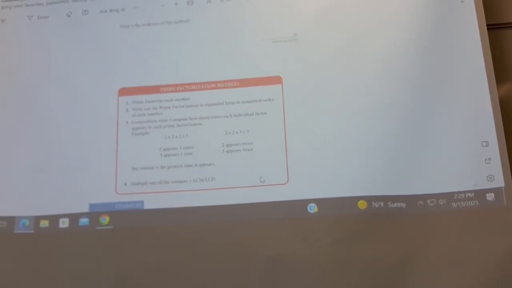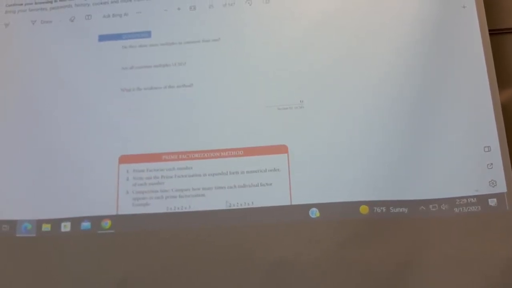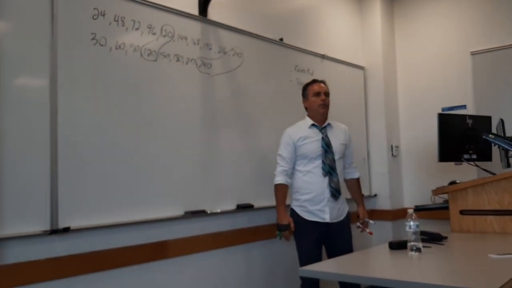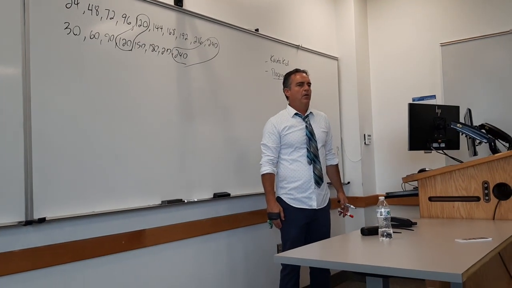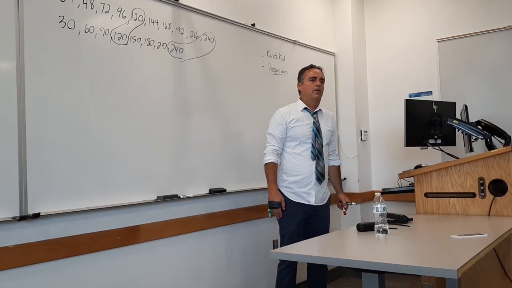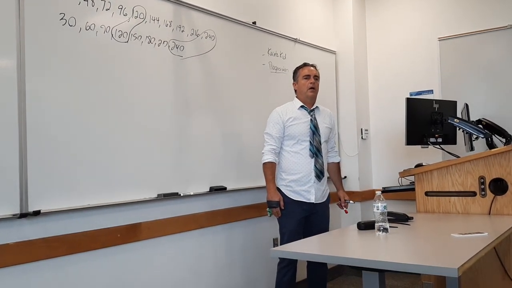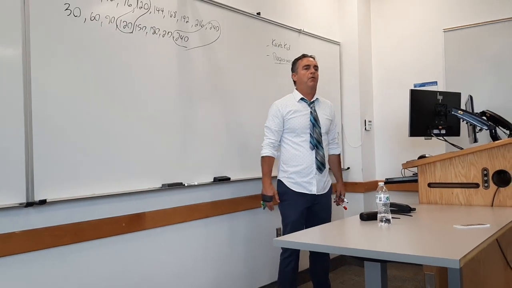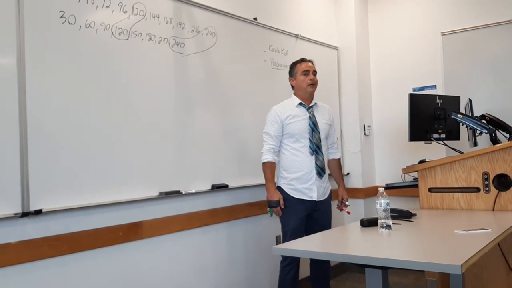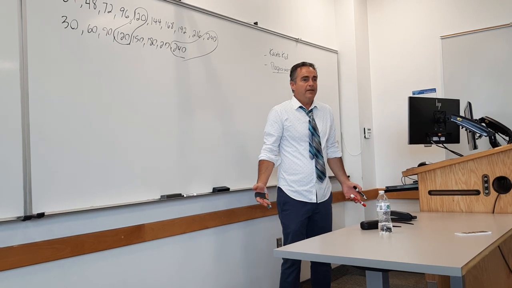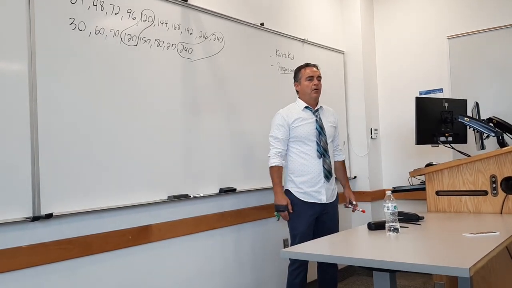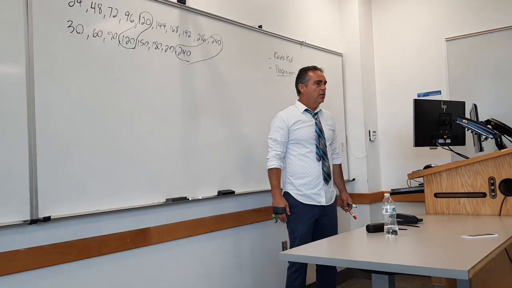Okay? What is the weakness of this method, the multiple method? What do you think the weakness is? Yeah? It can be long and drawn out. Long and drawn out. I'm going to help this be really succinct for you. If you want to write this answer down, you can, or you can write your own. When the numbers are big, it sucks. That's it. If you don't like the word sucks, come up with something else. When the numbers are big,